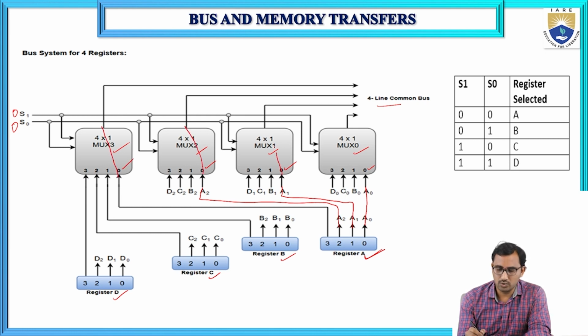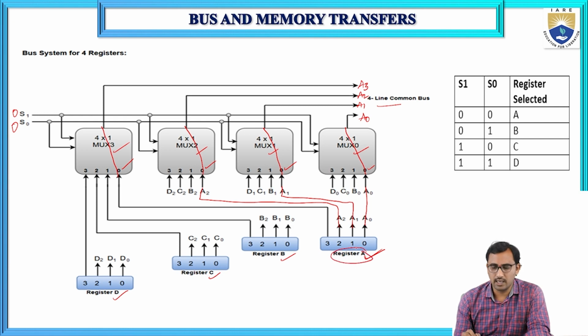So the output of mux 0 is A0, the output of mux 1 is A1, the output of mux 2 is A2 and the output of mux 3 is A3. That means the contents of register A are transferred to some other device using a